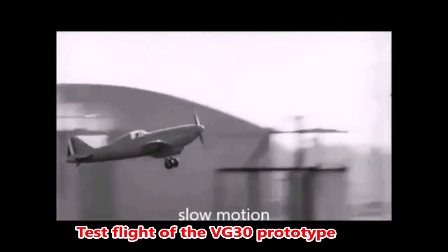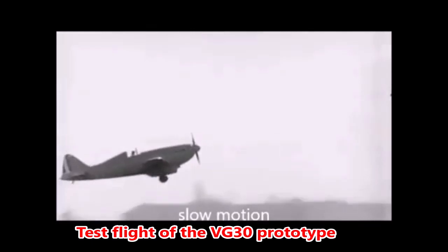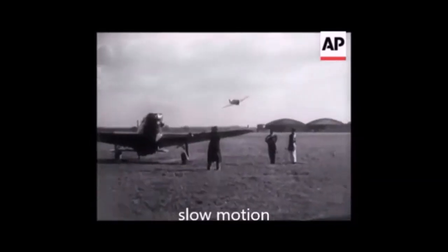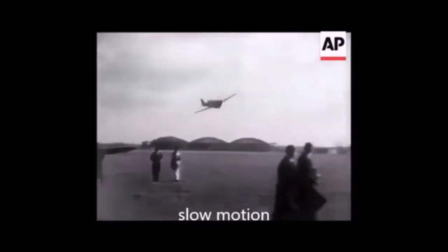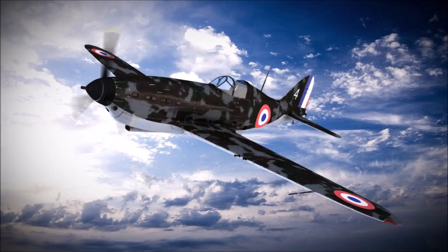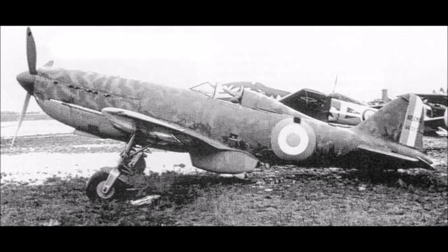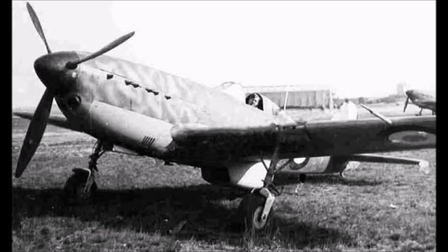The VG30 prototypes had the particularity of being built entirely out of wood. This material was intentionally chosen because it was non-strategic. Indeed, wood avoided any supply problem, unlike aluminium, which was then commonly used in the manufacture of all aircraft. Another advantage of wood, highlighted by the Arsenal engineers, was the possibility of having the aircraft's sub-assemblies made by carpenters